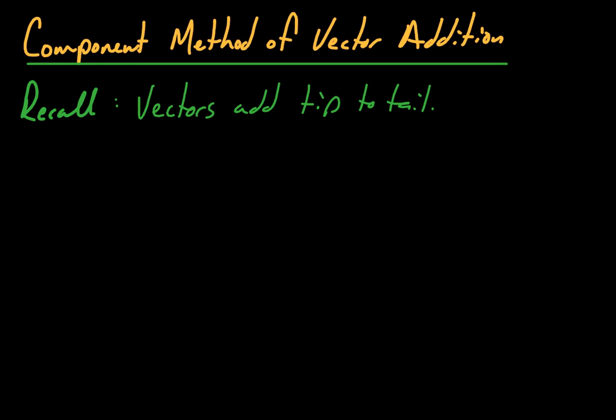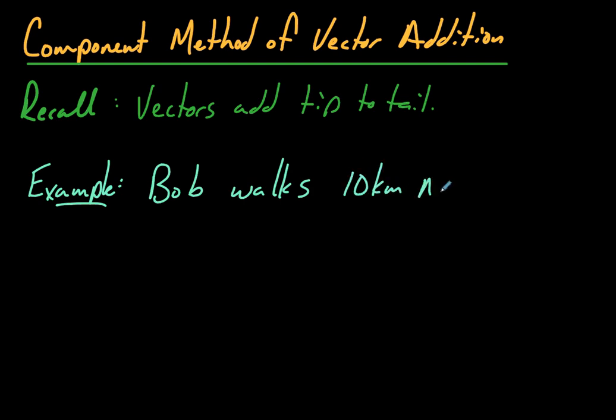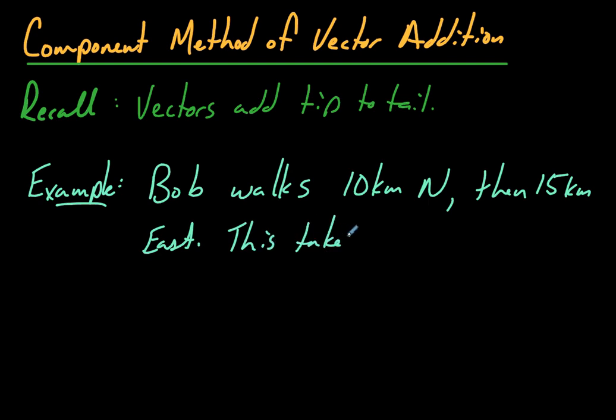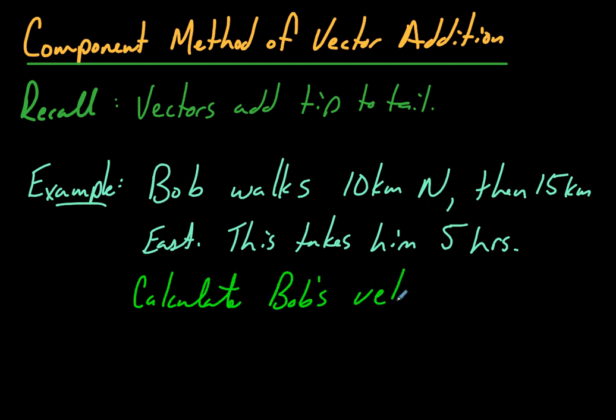So we'll start off with a little bit of a review. Okay, so an example. Bob walks 10 kilometers north, then 15 kilometers east. This takes him 5 hours. Calculate Bob's velocity